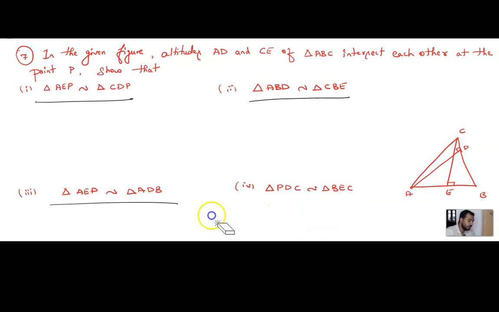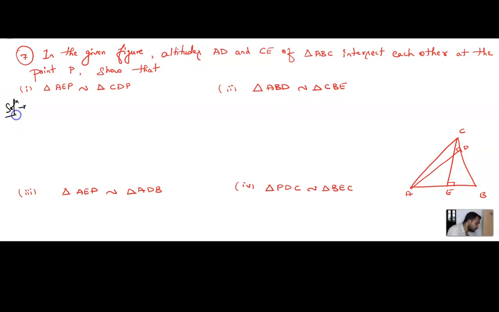By observing the figure and the question, it looks so difficult, right? But the concept is very simple children, believe me. Let me solve this. Solution. Triangle AEP is similar to triangle CDP, we have to prove. And also he has given that AD and CE are altitudes. Can you see the altitudes? Altitude means height. AD and CE both are altitudes, and you can see angle D is 90 degrees and angle E is also 90 degrees since they are altitudes. Now see children, let me solve step by step.